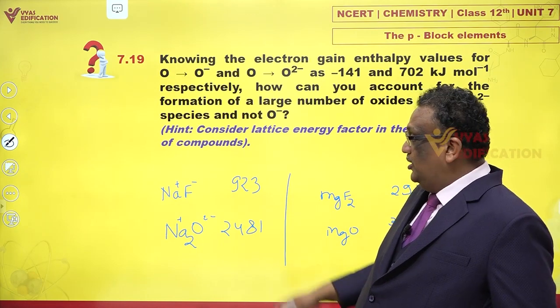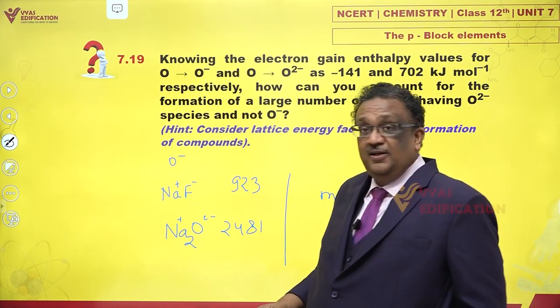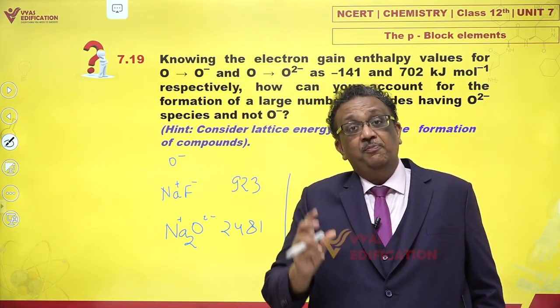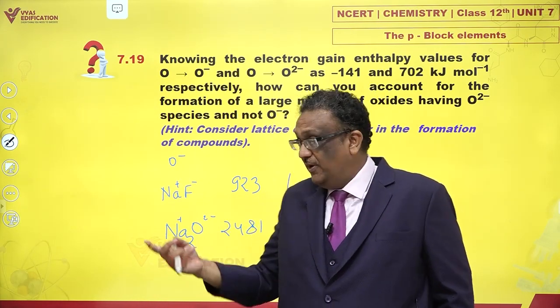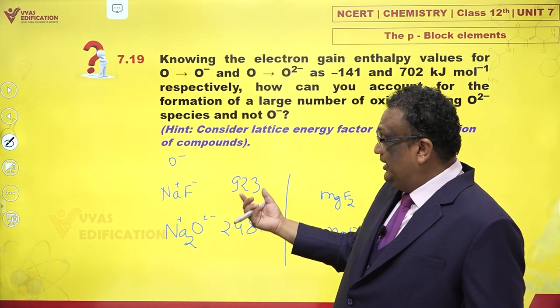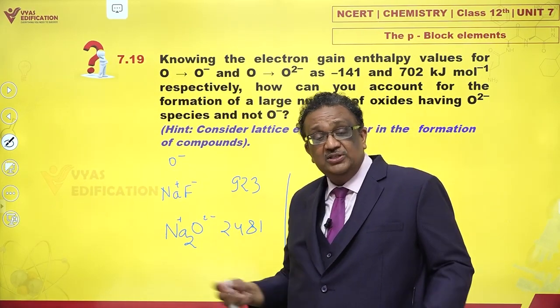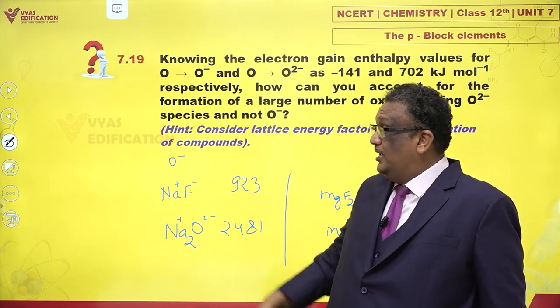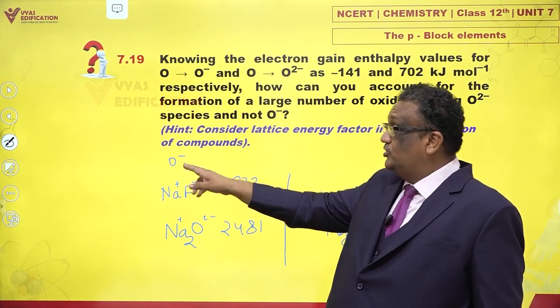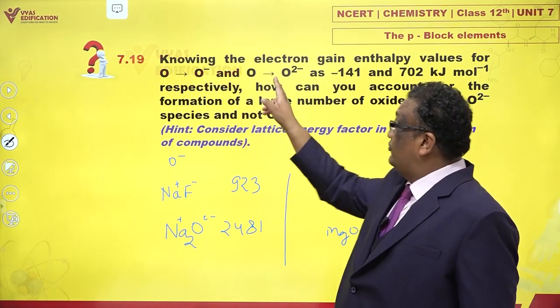Why the sudden jump? Now please note, O minus is something which would be a little bigger than F minus because of less nuclear charge. Charge is minus 1 only. So in case we had Na plus and O minus, lattice energy would have been even less than 923 kilojoules per mole. On the other hand, if oxygen chooses to form minus 2, although minus 1 to minus 2 may